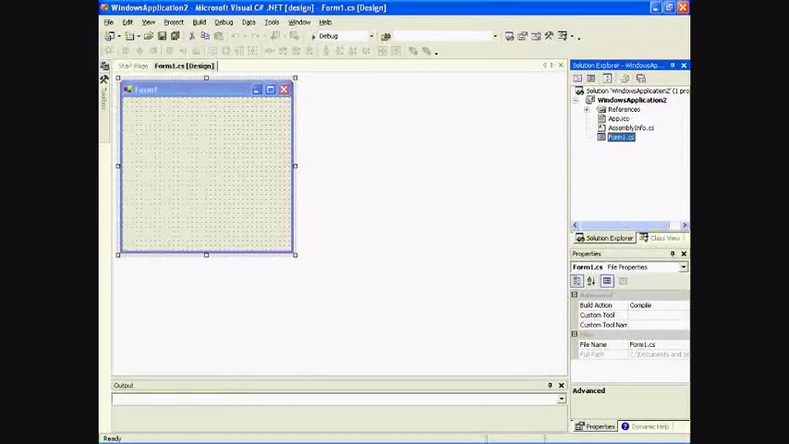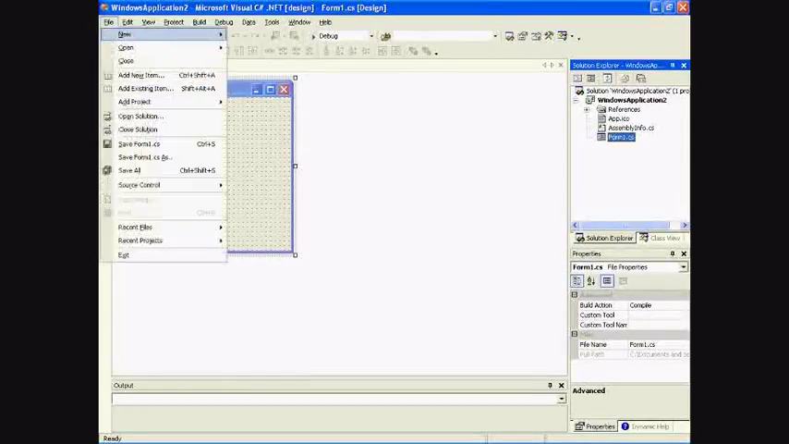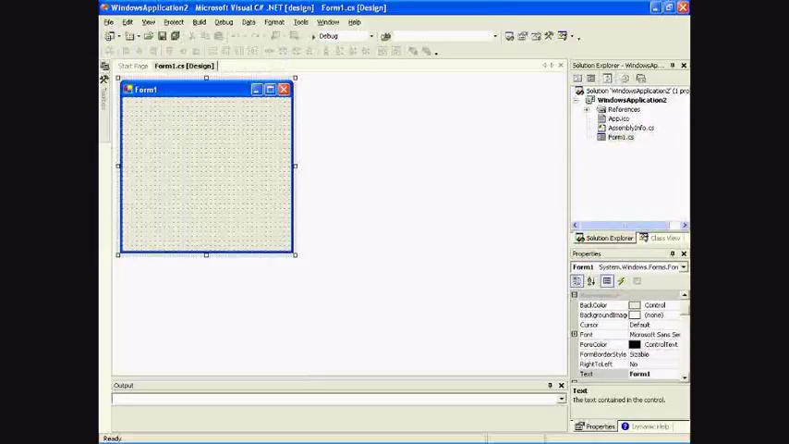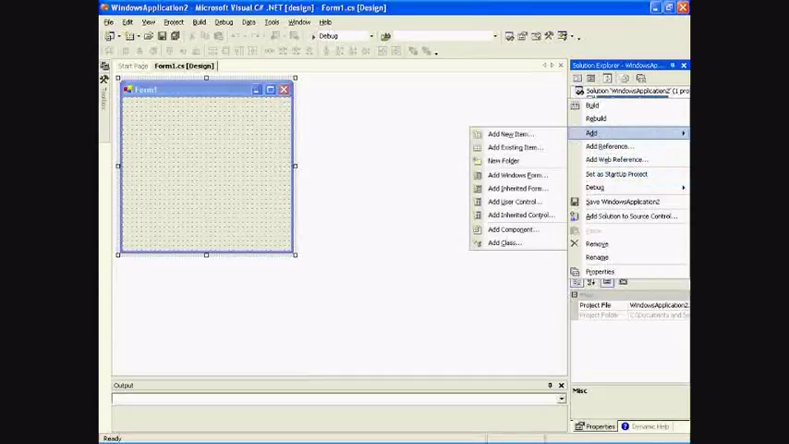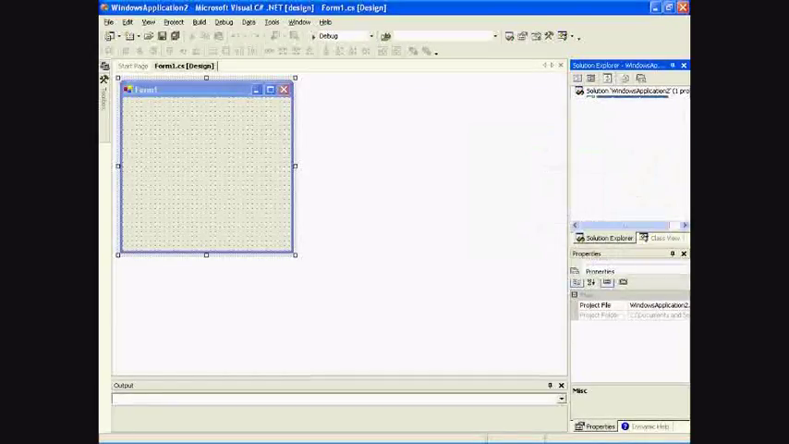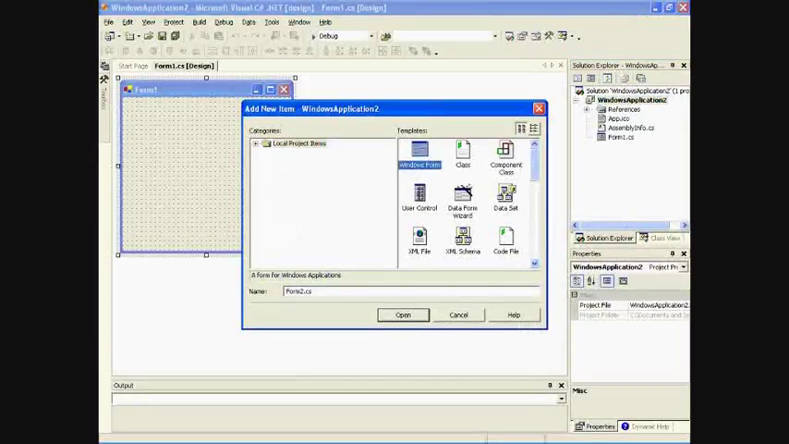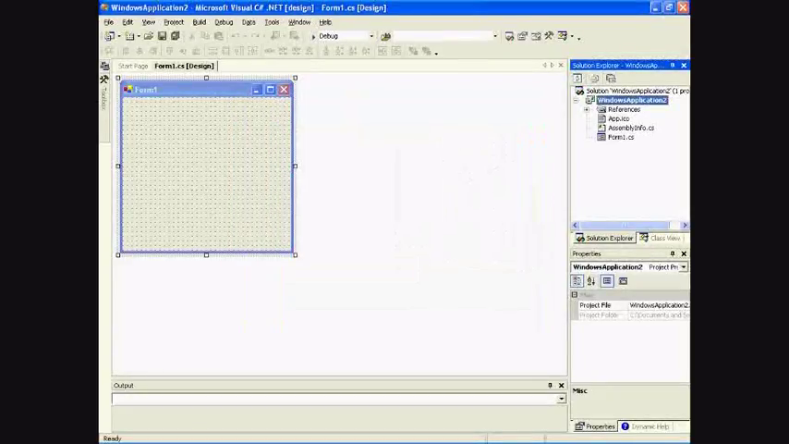We can add forms through File, New, Project to create forms, or you can right click here, add the new item. In new item, you can select Windows form, or if you want to create a class file, you can create a class file. Press open. I have created a sample application